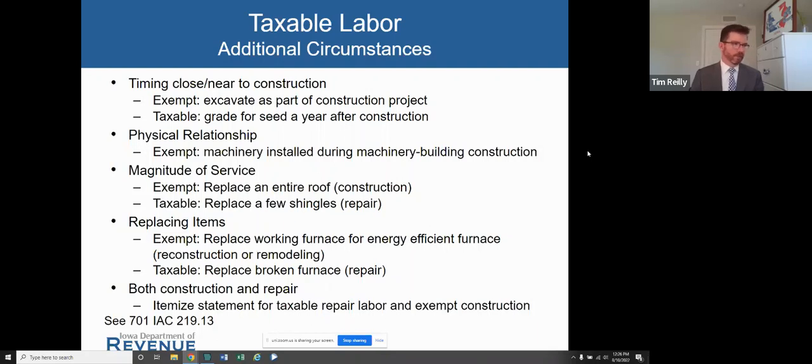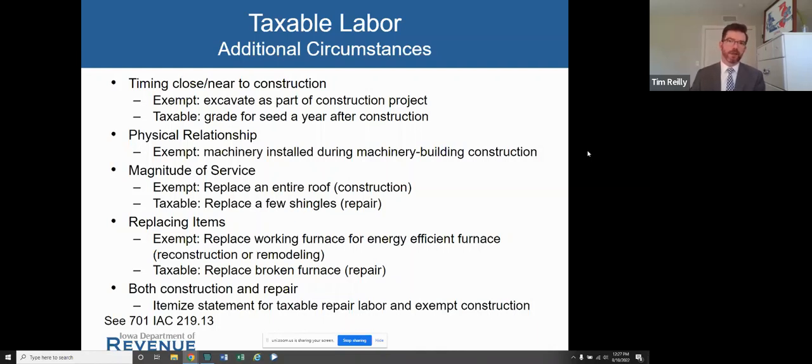Replacing items. The example here is if a furnace is being replaced in a building, in a house. If you're simply swapping out a broken furnace for a new furnace, that's deemed a taxable repair, even if you're not technically repairing the broken furnace, you're replacing the broken furnace.